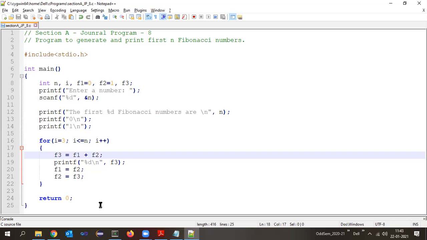What is the flow of execution? It will start from initialization, then condition. If condition is true, does it go into the I plus plus? No. It enters into the for loop, right? So in the for loop, what is first statement? F3 is equals to F1 plus F2. So this statement should be F3 is equals to F1 plus F2.